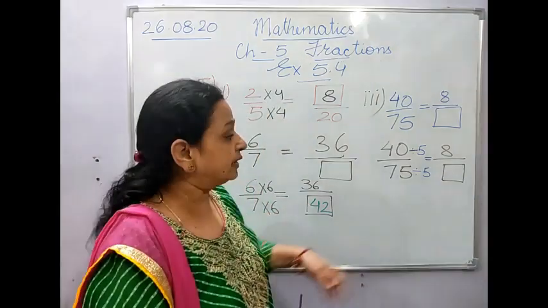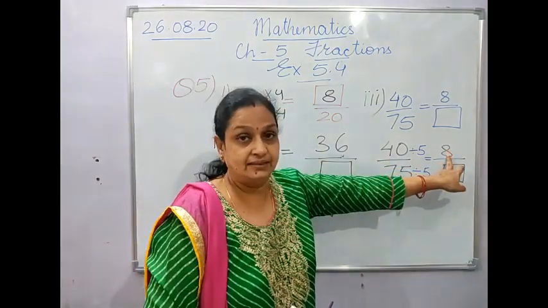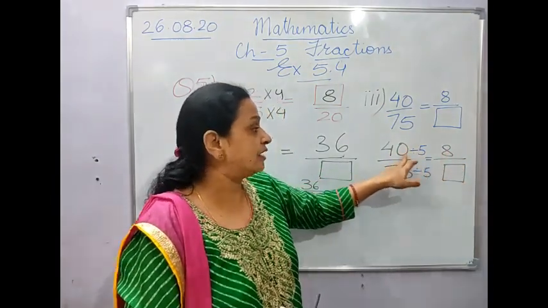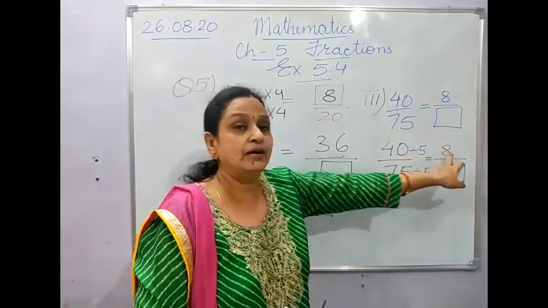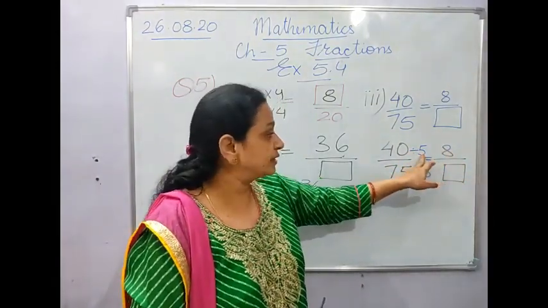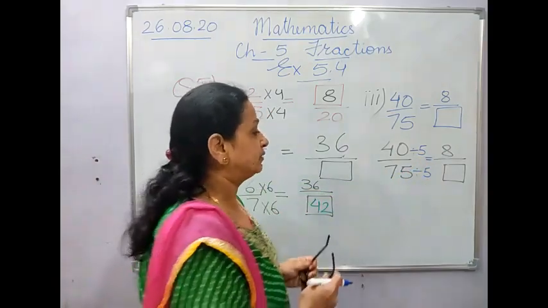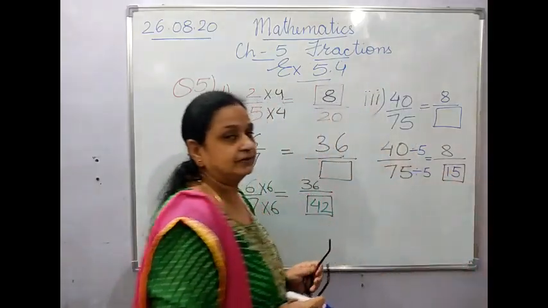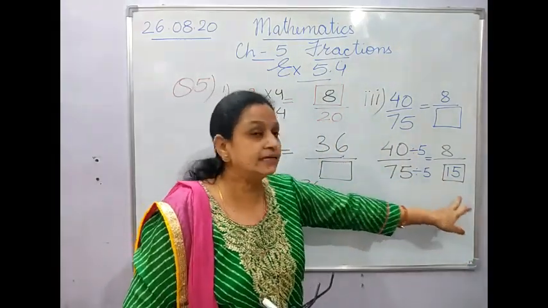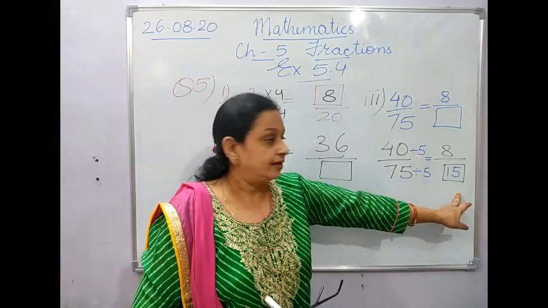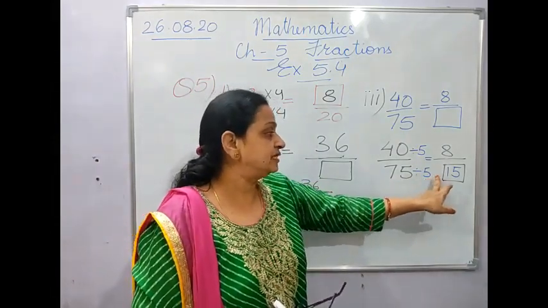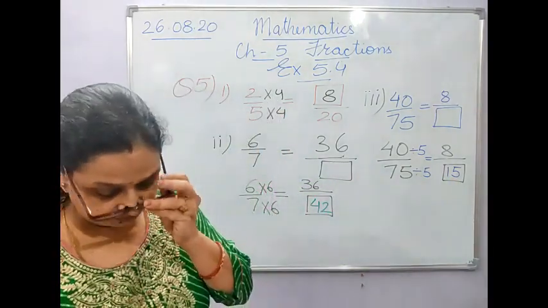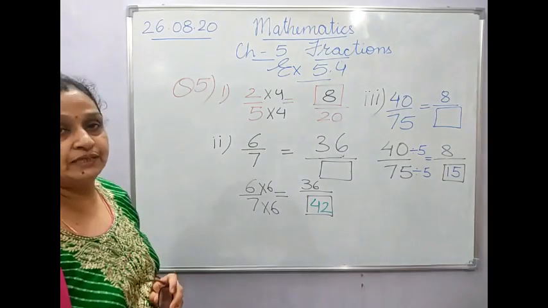Could you get it why we are dividing? Because this is bigger than the answer. So in order to get this, we have divided this number by something by which we have got the smaller one. So here 5 8s are 40. Similarly, 5 1s are 5, 5 5s are 25. This is your answer. You can divide it in the rough and find out. If we divide 75 by 5, the answer is 15. So have a look over here. Hope this much is clear to everyone.